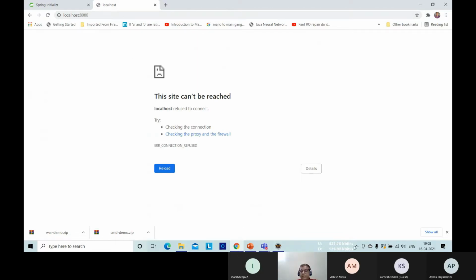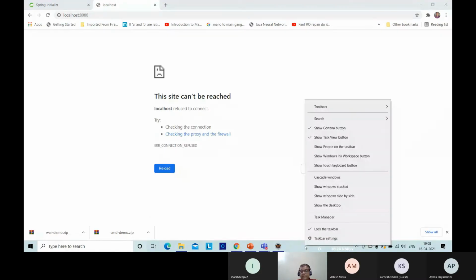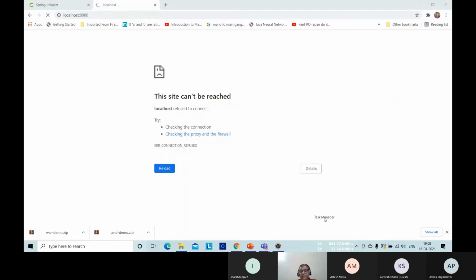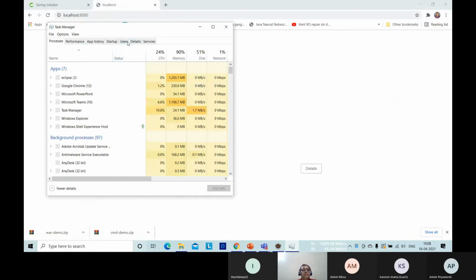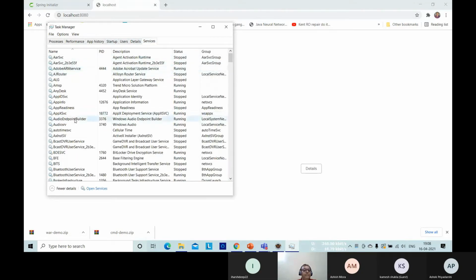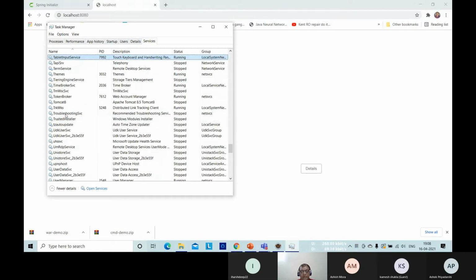So let me restart my Tomcat server. How do we do that? Go to Task Manager. See the service. In this service, you find Tomcat. See here, Tomcat 8 is stopped.